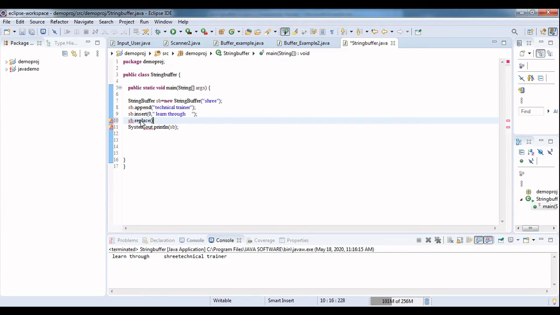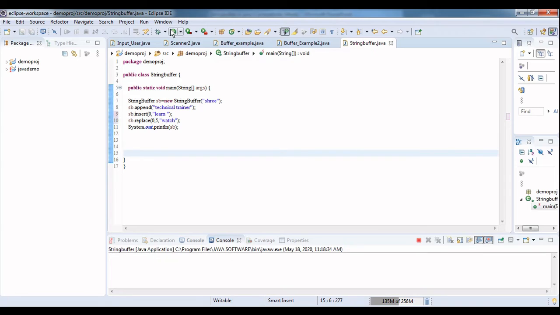Next I have to specify the starting position. I inserted learn in the first position, and I want to replace it with watch. So 0, 5th position, and I am giving the string watch. Okay, now let's see, Sri technical trainer, right?